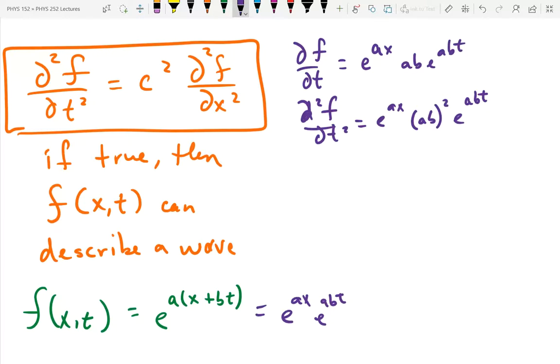So that's what I get for the second derivative with respect to time. Not doing it in such gross detail. Doing the second derivative with respect to position gives me